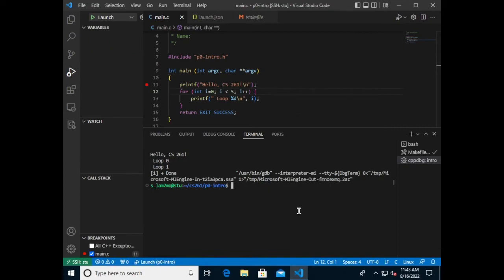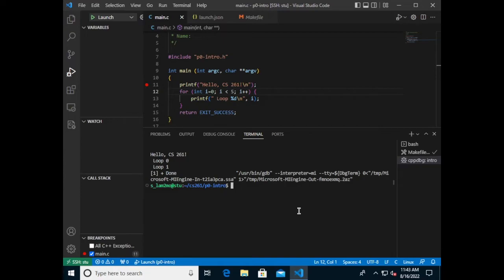All right, so the last thing that I want to cover here is just a very brief introduction to using version control and Git. And so you may be aware that you can use a website called GitHub to store your code. We're not going to do that, though. We're just going to use Git locally on Stu to keep track of old versions of code so that you won't risk losing anything. And that's why I recommend doing this, because it's really easy when you're new to all of this to accidentally overwrite your files. And this ensures that if you do that, you'll be able to recover your old work.